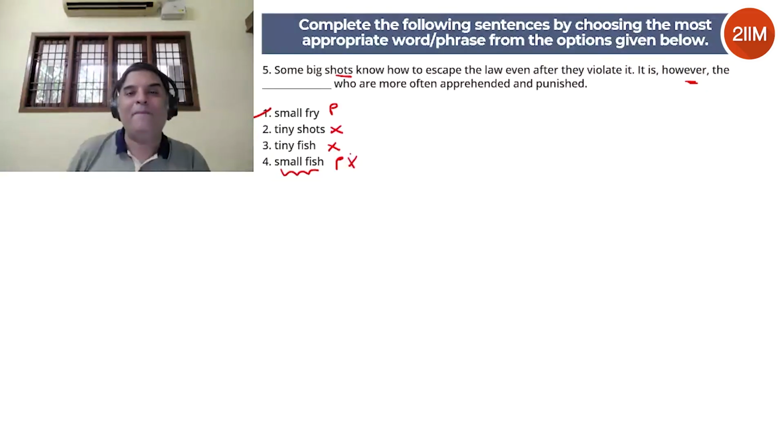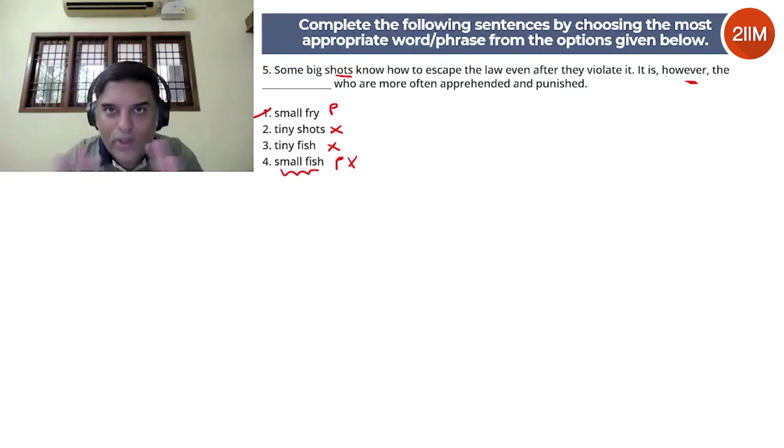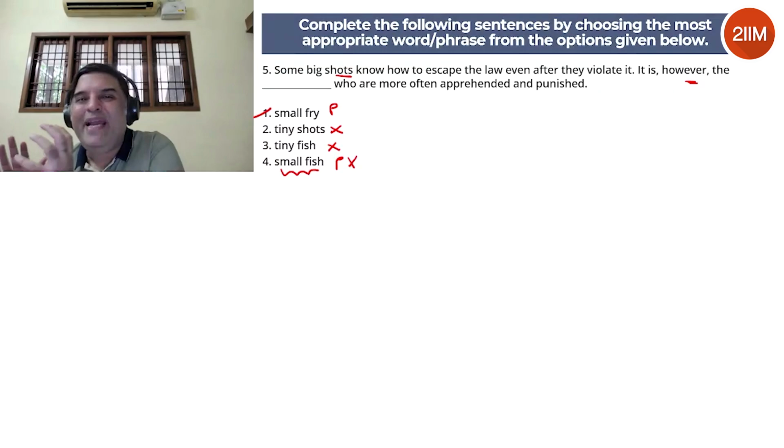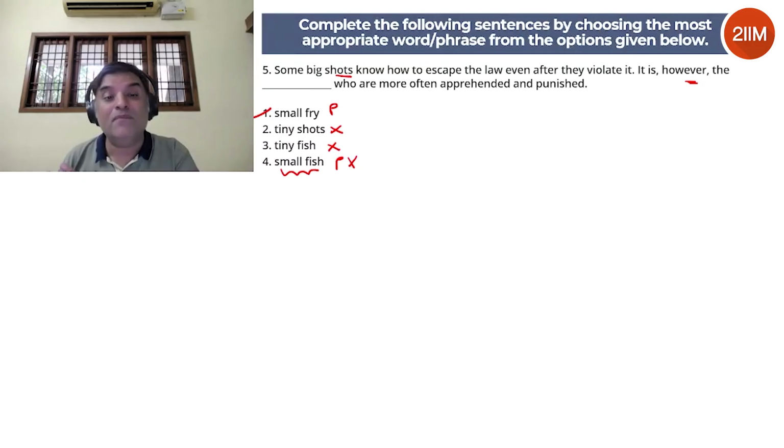It's a tricky one. A lot of you might have gone with small fish. But in the exam, this is where your question selection comes into the picture. Now, in the exam, if you're confused between 1 and 4, and it's very 50-50 for you, that's not a question you should attempt. That's a gamble. Don't gamble in the exam. 50-50, you leave the question. You should at least be 80% sure or 70% sure before marking a question. At least I would say 80 is better, right? So in this case, if you're not 80% sure, you leave the question.